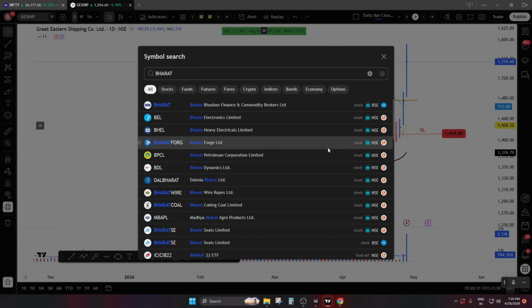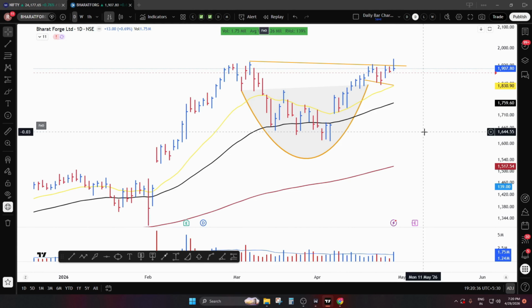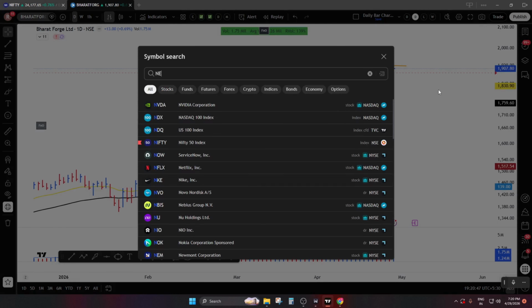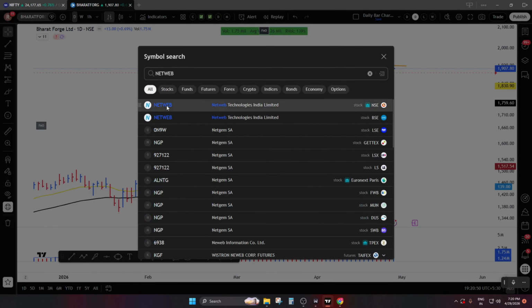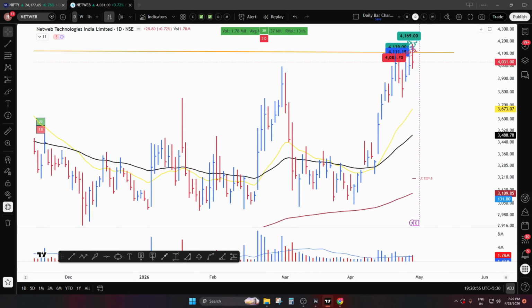I had 3 stocks to add today, but I added Bharat Forge, and it didn't do well. So my last two trades are pretty bad, Bharat Forge and Apollo. Unless these two trades are risk free, I won't add further trades, because my internet trades also didn't do well today. Netweb was very strong from the chart perspective, but it also got squatted today. So I don't want to take much risk now. Probably the market needs some pause. So till Monday I won't take any trades. I'll wait for the election results, and then I'll start taking positions.